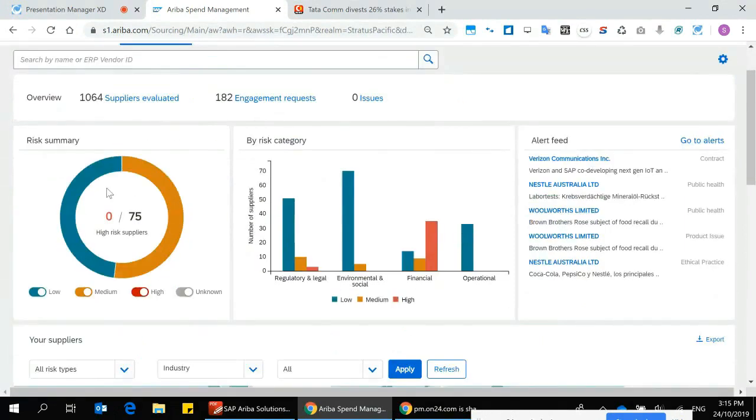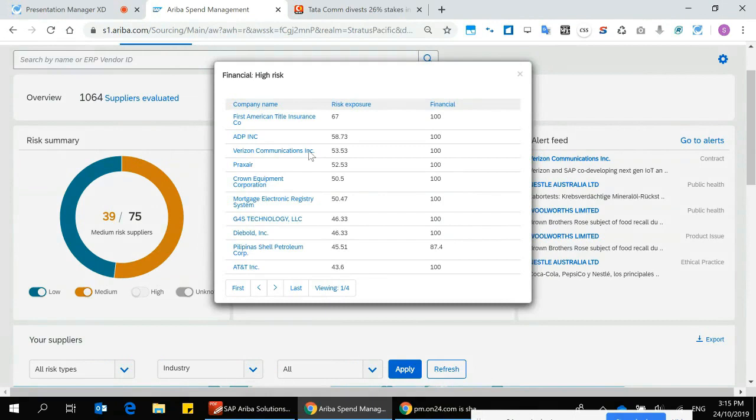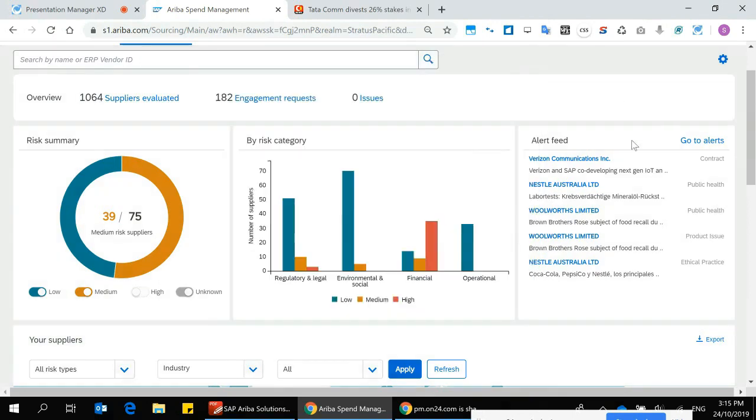We've got the ability to see a number of types of risk, in terms of maybe how many medium and low risk suppliers that we have, and we're able to drill into that. We're able to also look by different categories where some of the high risk suppliers may be, and from here we can drill directly into these suppliers and take a further look at them like we did a little bit earlier. Over to the right here, we have an alert feed.